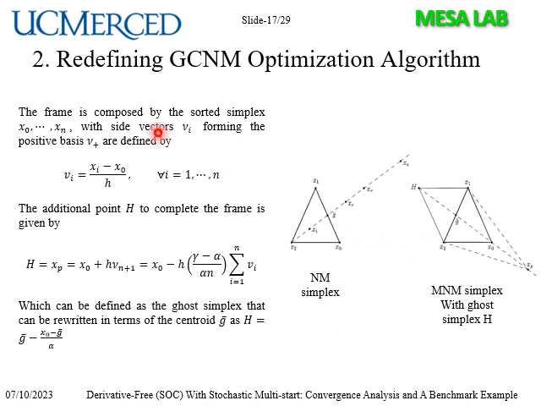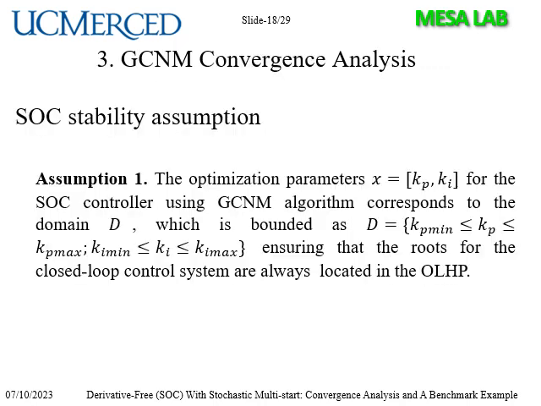In that sense, we can redefine our globalized constrained Nelder-Mead, as we can see here, extending the points of the Nelder-Mead by 1 if we are in a two-dimensional search like the PI controller. And based on that definition, we can prove the stability of the convergence of the Nelder-Mead. So we need one additional assumption: the optimization parameters should be constrained into a domain that makes the closed-loop system stable, and our optimization always operates within that range, ensuring that we are not having unstable poles in our system.